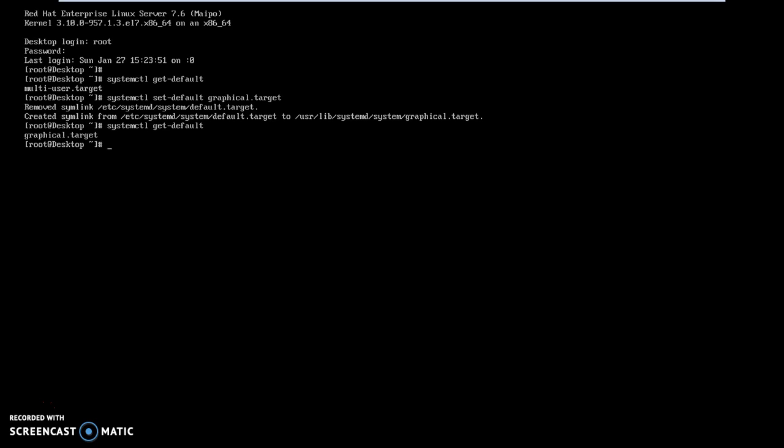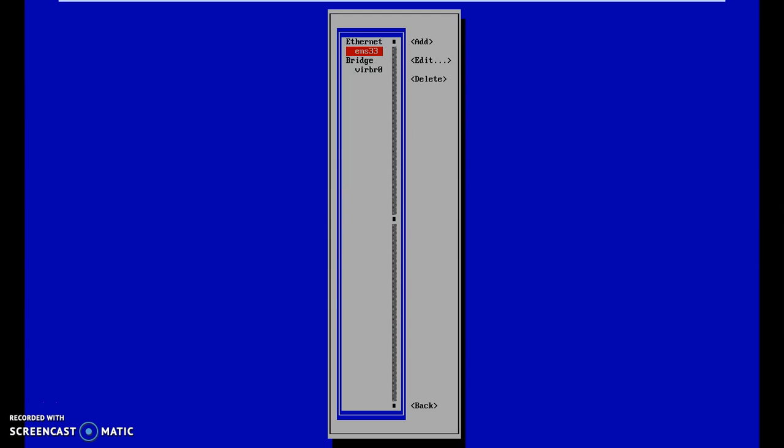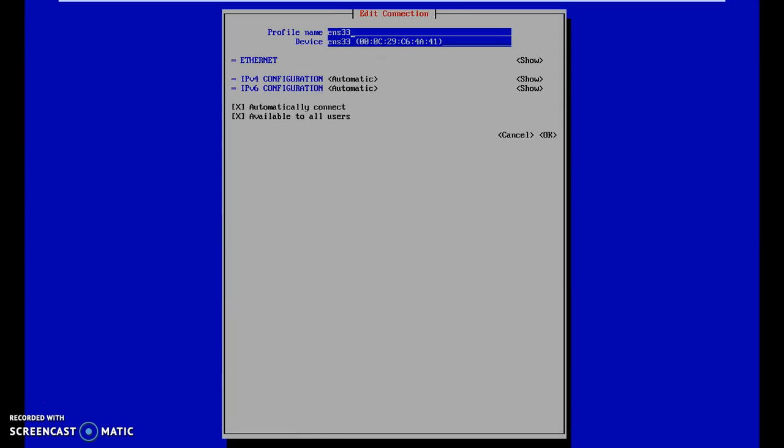Now you can go for a reboot, or alternatively you can complete instruction 3 also, setting the network by setting the IP address, etc. Edit a connection and say edit.